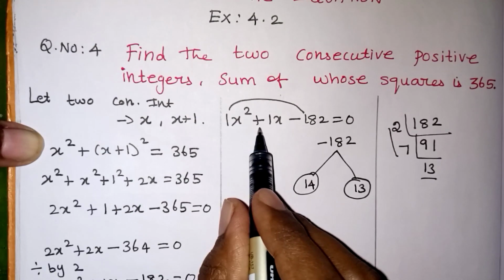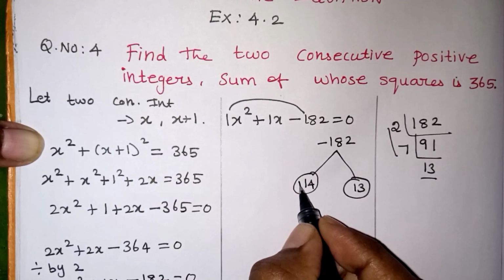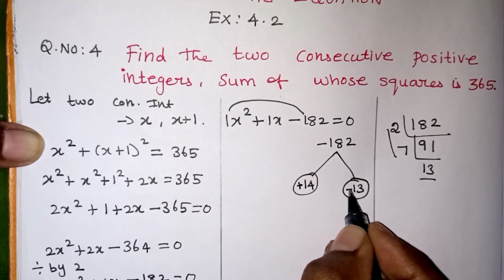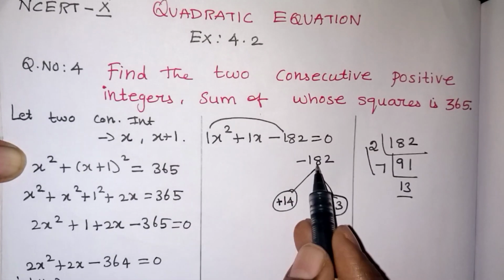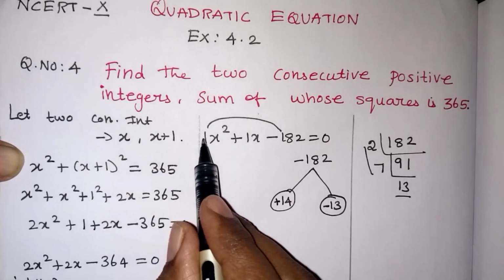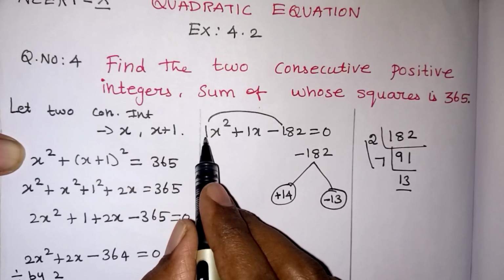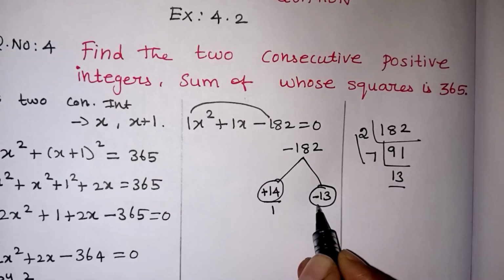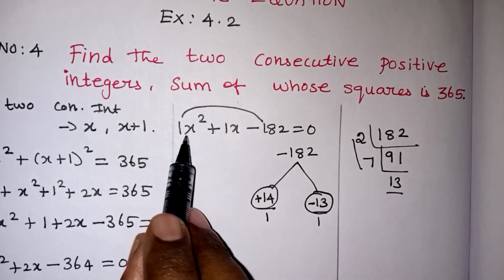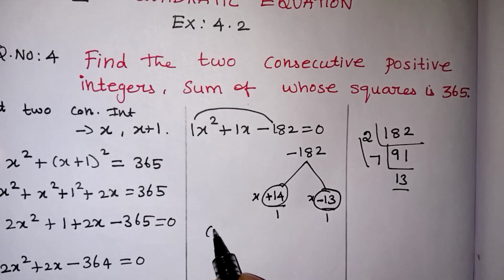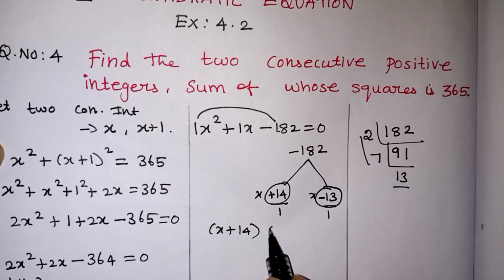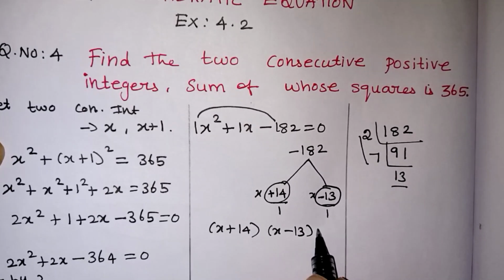Here I want the plus 1. So the plus sign should be given to the big number. So this one should be the minus 1. Then only it will get subtracted, and the answer will come to 1. Plus into minus will come to minus also. Here the first number is 1, that is, the x squared coefficient is 1 by 1. There is no change. So the variable given, x, you just write it here, x and x. So the value will be x plus 14 and x minus 13 which is equal to 0.